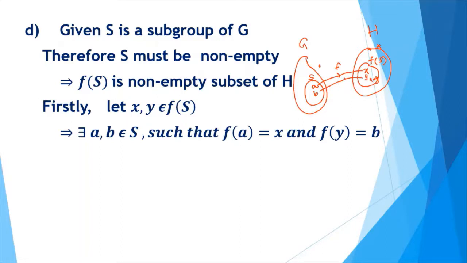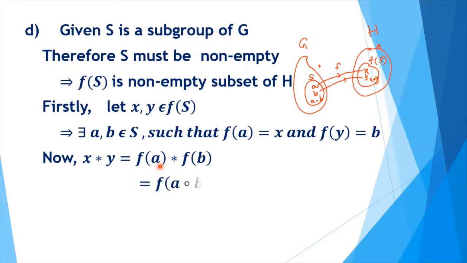As S is a subgroup of G, you will have A dot B in this set S. Our aim is to prove x star y belongs to f of S. So, x star y is nothing but f of A star f of B. As f is a homomorphism, this can be replaced by f of A dot B. This f of A dot B belongs to f of S,